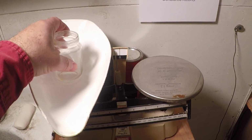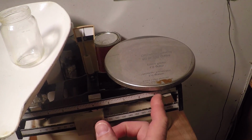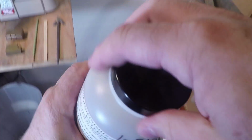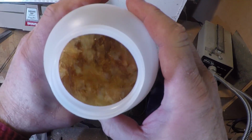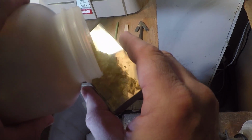The amount of alcohol varies because it takes about 60 grams of alcohol to dissolve the Elemi properly, and old shellac can take up to 100 grams of alcohol to dissolve it in a reasonable amount of time. I've had this shellac about 6 years, so I'm going to use between 65 and 70 grams of alcohol. Sometimes there can be a few clumps, but if you keep moisture out and the lid on, it should pour